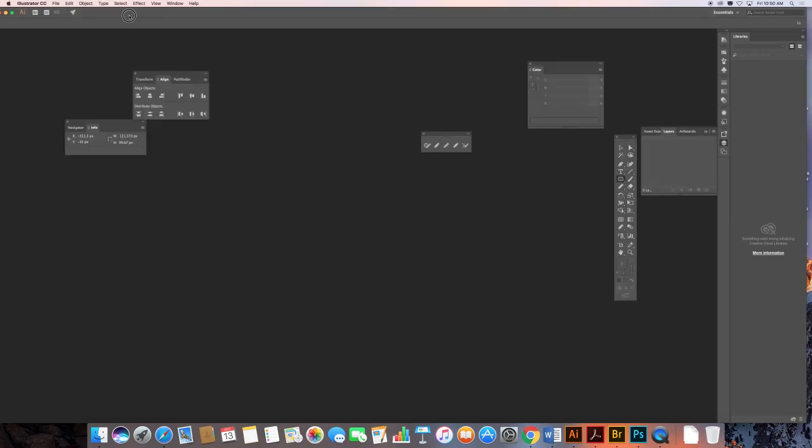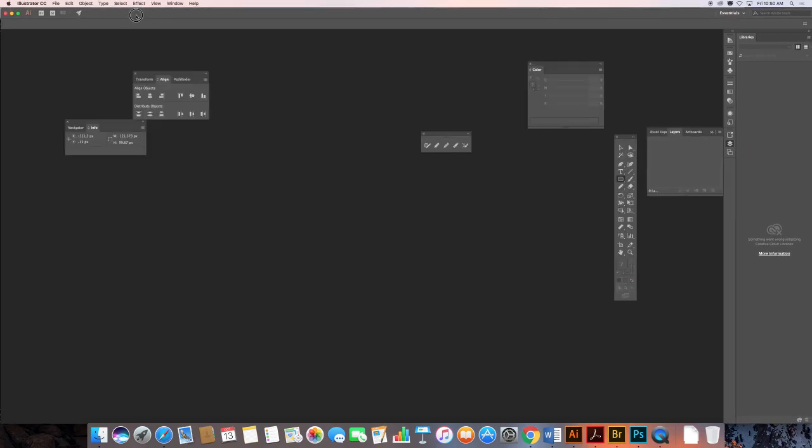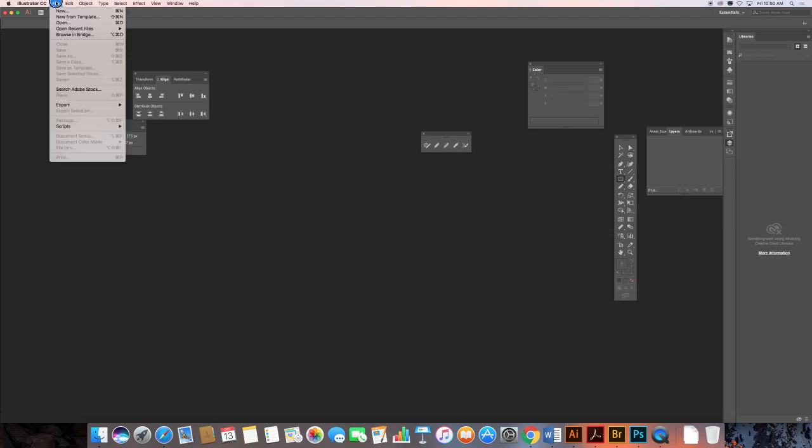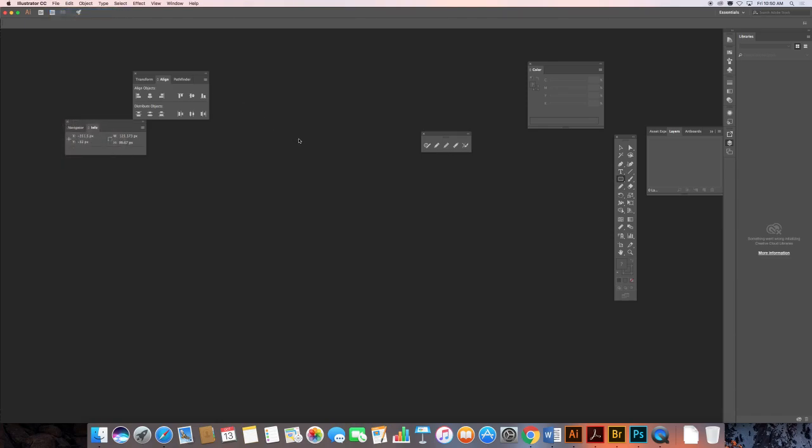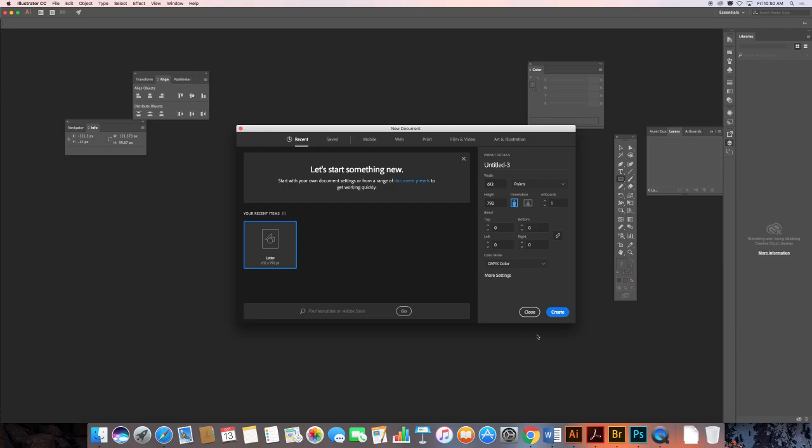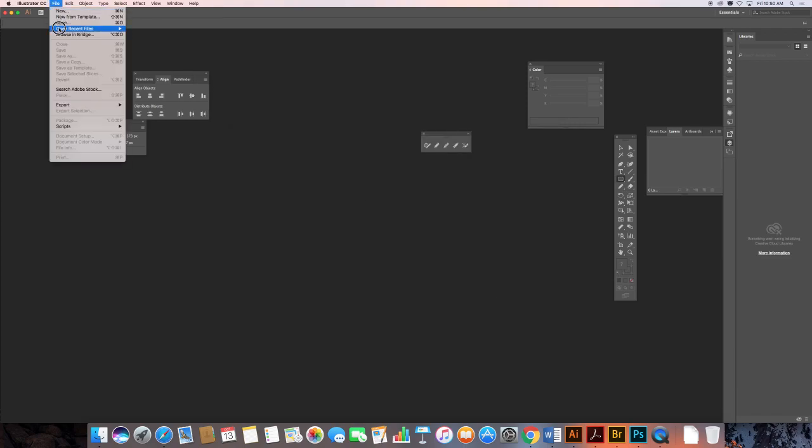By bringing in a template image as a reference for drawing our Hawaiian shirt. There's a couple of ways to do it. We can create the page first by going File, New, or we could say New from Template, which would bring that file in, create a page for us, and embed